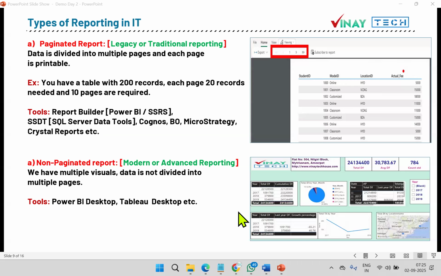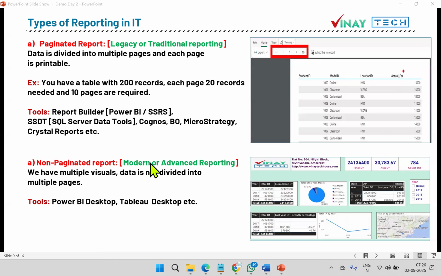The second one is advanced reporting. This is advanced. So multiple visuals and different types of decision-making visuals: a line chart for trend analysis, a mapping visual, a matrix or pivot visual, a pie chart for compositions and percentages, and a table visual with titles and value totals. And there is filtering. If you select 17, the data is displayed accordingly everywhere. What is the count max? This is advanced reporting, and with respect to Power BI, we call it modern reporting. Here data is not divided into multiple pages. So these are the two types of reporting available in the market.